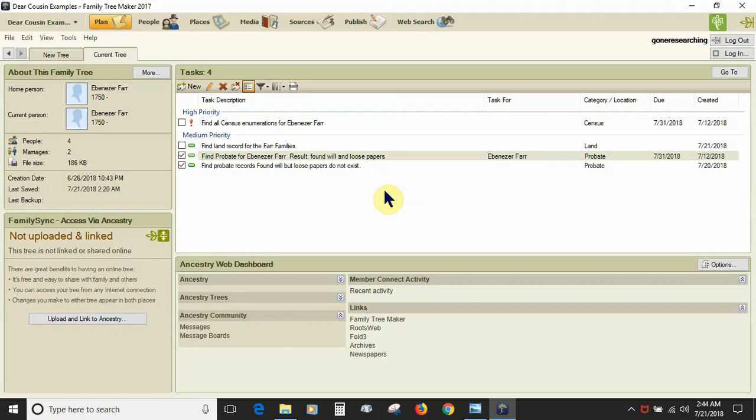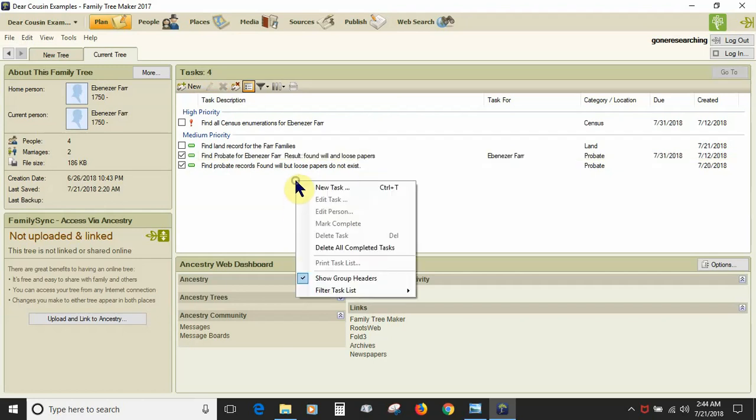Once you have some tasks in the list, you can right-click the white space to bring up a floating menu to add a new task, filter the task, and show or don't show group headers. The bottom panel